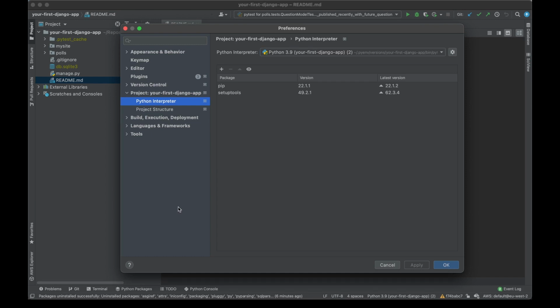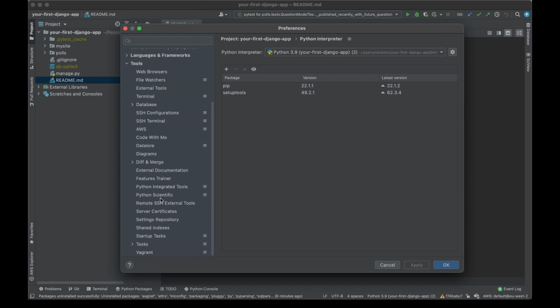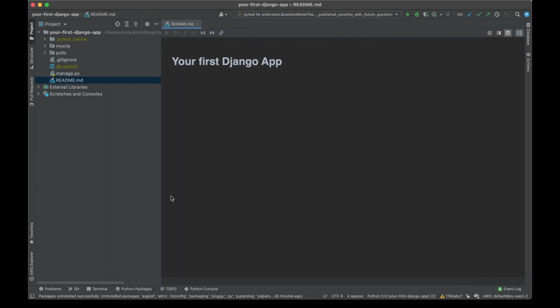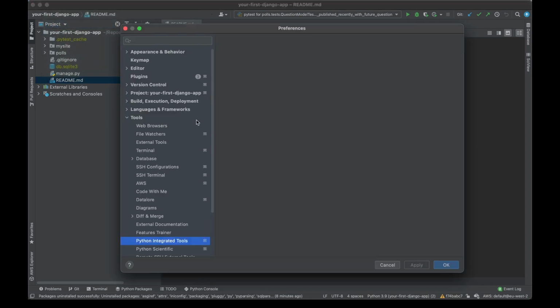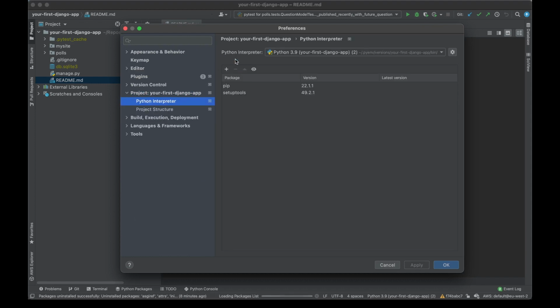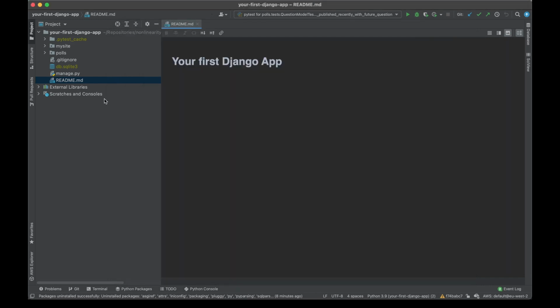The next thing we want to do is change the default test runner to PyTest. So head down to Tools, Python Integrated Tools, and change the default test runner to PyTest. Since we don't yet have PyTest installed, let's go ahead and install it. We can either go to the Preferences, back to our project, Project Interpreter, and install it from here, or you can create a requirements file,